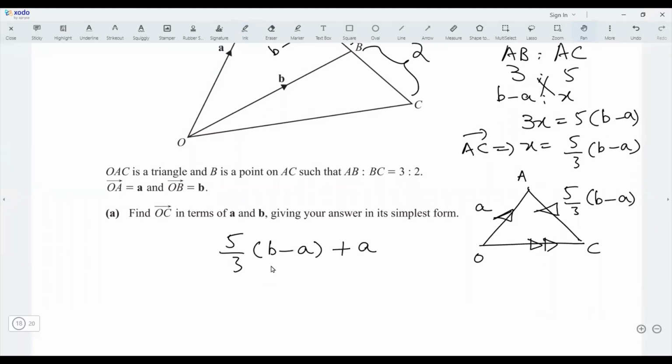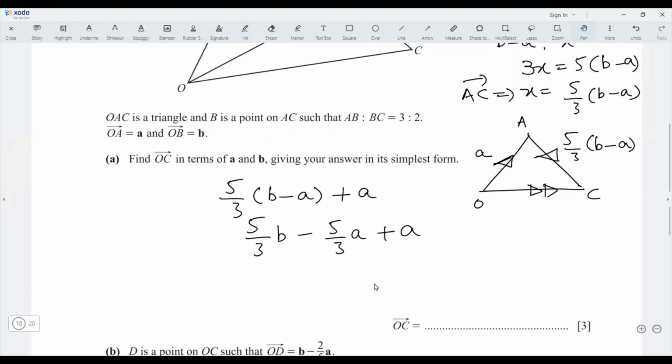like algebra, and do this as simplified as possible in like terms. So open the brackets: 5 by 3 b, minus 5 by 3 a, and then plus a. So there are two a's, so we can simplify them. And a minus 5 by 3 a. So what we can do, 5 by 3 b, then we can write plus here, whole divided by 3. It will be 3a